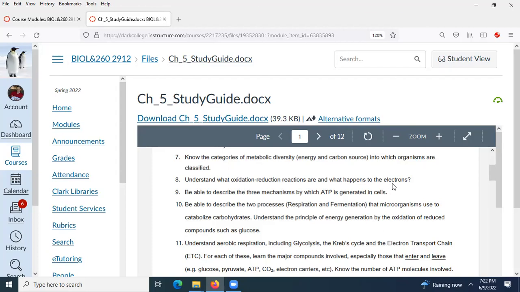Here's a trick question. I wouldn't ask you this in an exam, but humans do which of those three? Do they do substrate level phosphorylation to make ATP? Do they do respiration to make ATP? Or do they do photophosphorylation to make ATP? The first two? The first two is correct. Good job. Yeah, in glycolysis, we do substrate level phosphorylation to make ATP. And then in aerobic respiration, obviously we use respiration.